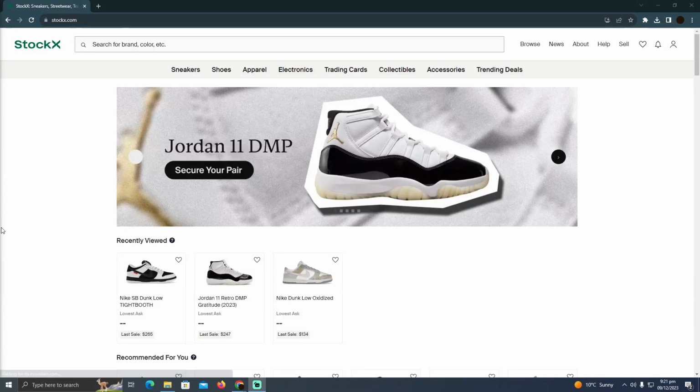Deleting your StockX account is a pretty easy thing to do. Today I'm going to teach you how you can delete your StockX account. So for that, as you can see, I'm at the StockX website, and here you have to log into